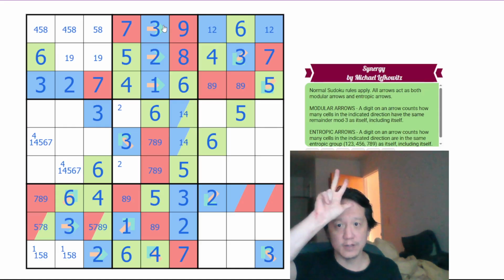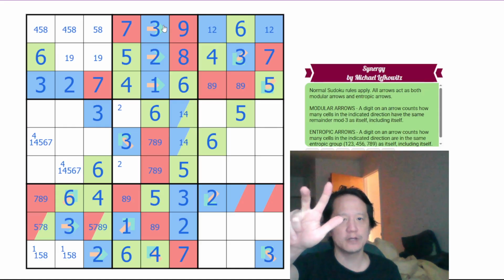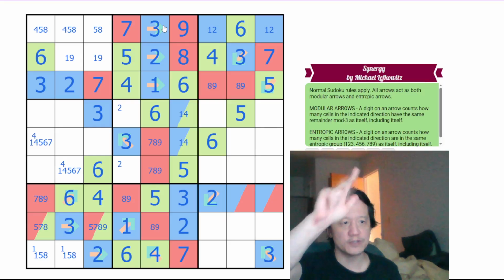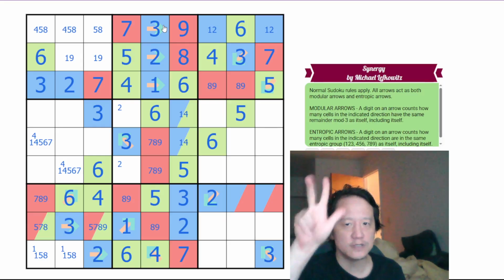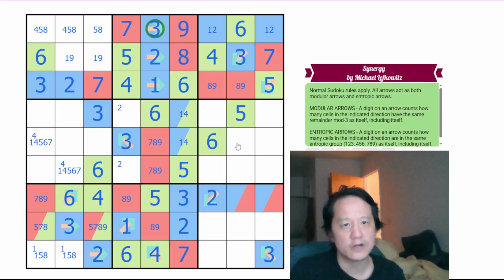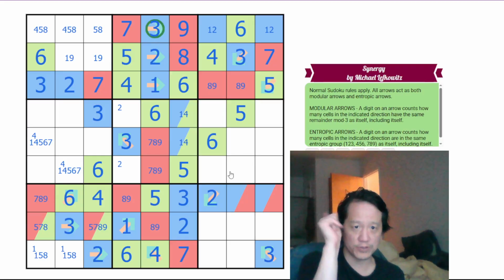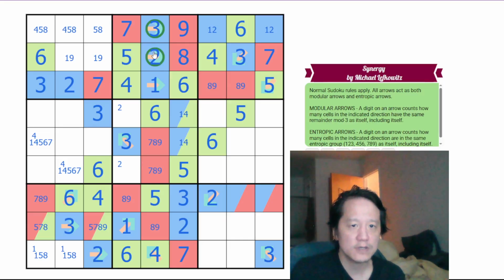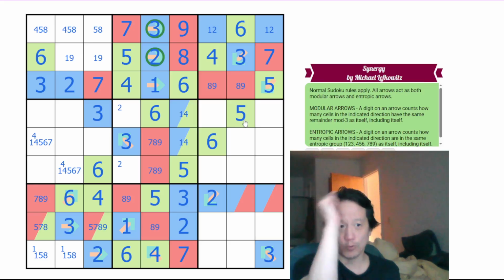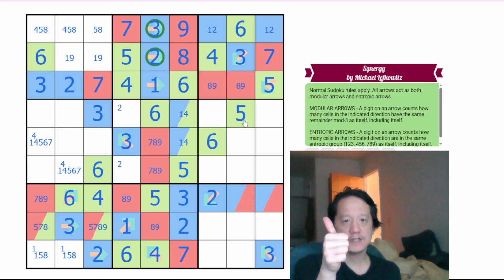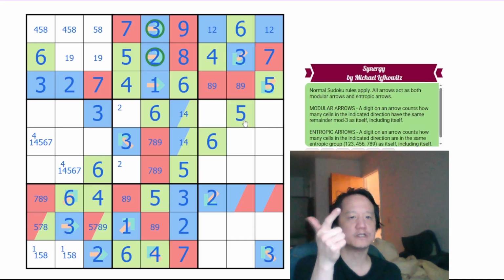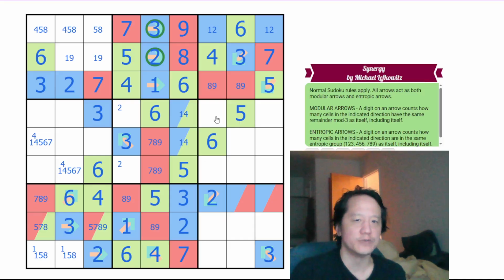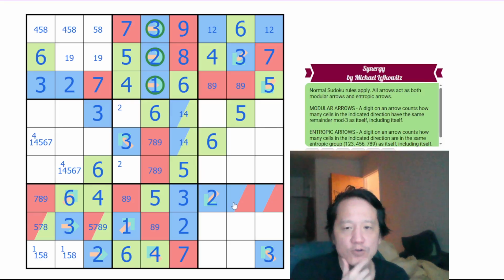That's 3 low digits for entropic. 3, 6, and pointing at 3, 6, and 9. 3 0 mod 3s digits there. 2, pointing at 2 and 3. 2 low digits. And 2 and 8, 2 2 mod 5 digits. 1, pointing at 1 itself. Does not point at 2 or 3, does not point at 4 or 7, so that satisfies that entropic and